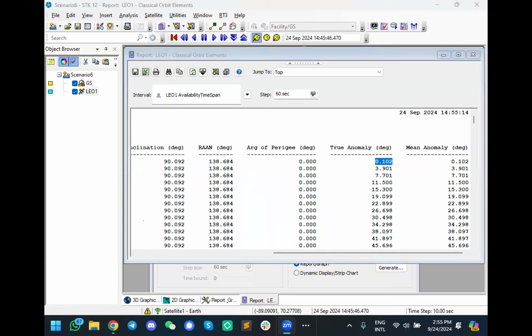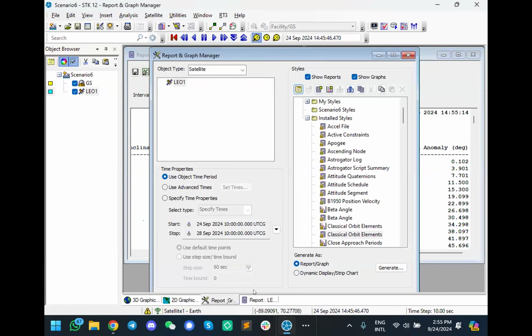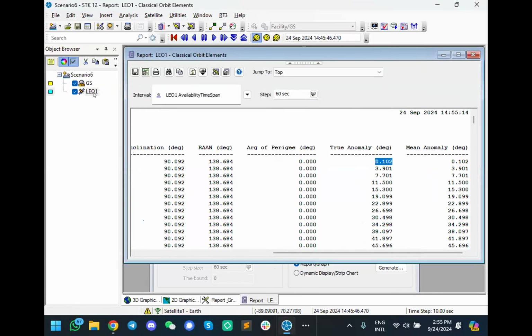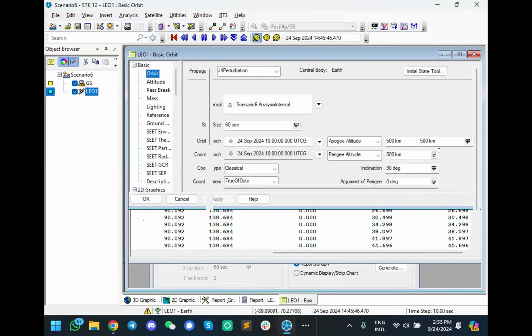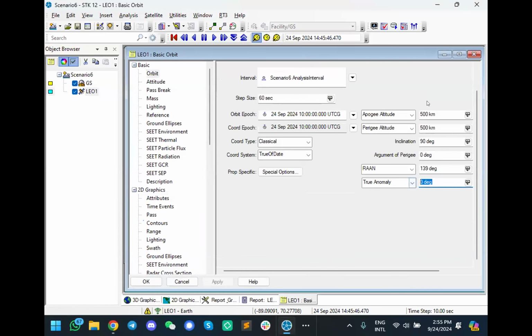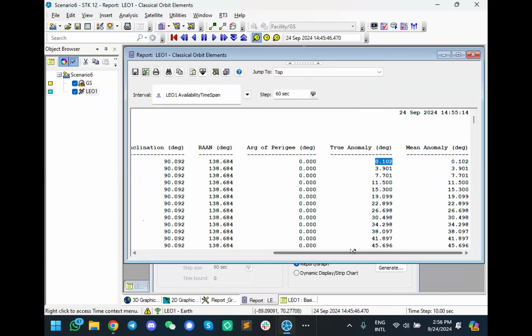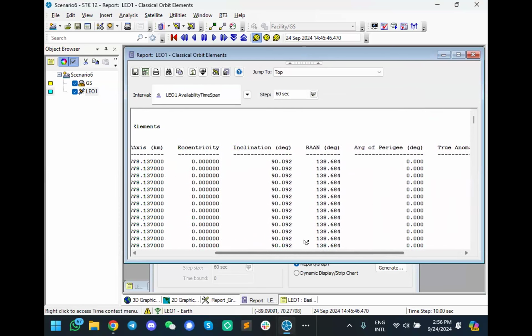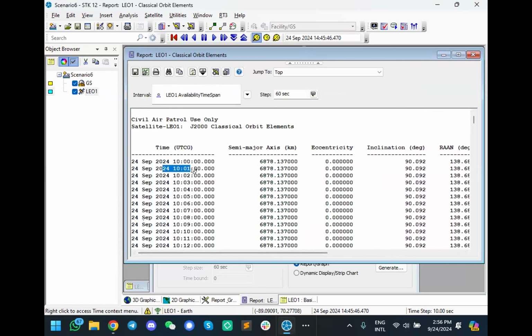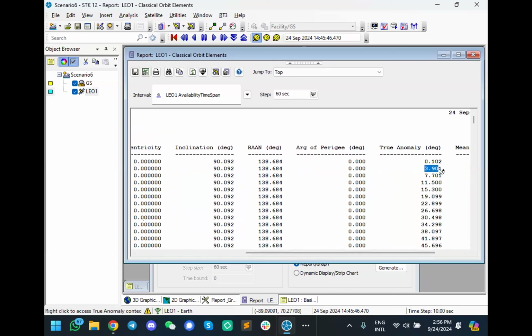Let me see if I can go back to this window on my satellite, just clicking here, properties again. So you see true anomaly in my satellite was 0. And what I'm seeing here is that at that time it is pretty much 0 degrees. So this makes sense. Actually, the mean anomaly as well. And what do we see here? That when we start sampling the same orbital parameter 1 minute afterwards, the true anomaly is no longer 0, but